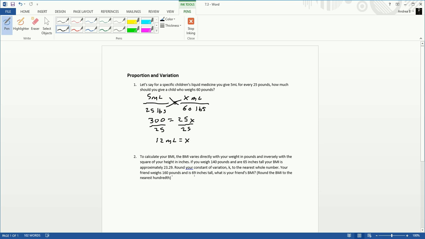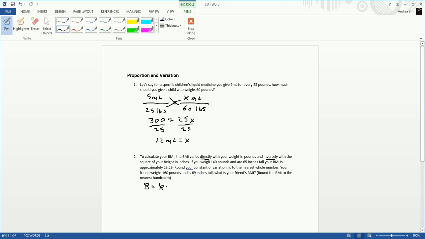For the next one, we have to calculate your BMI. We have that the BMI varies directly with your weight in pounds and inversely with the square of your weight in inches. So our keywords here are directly and inversely. So this means we're dealing with a constant of variation. So in this case, we'll have B as our BMI is equal to K, our constant of variation, times, in